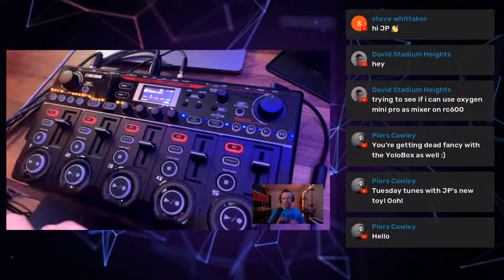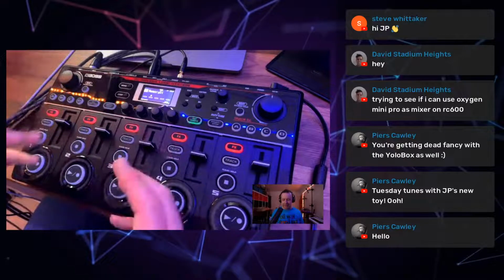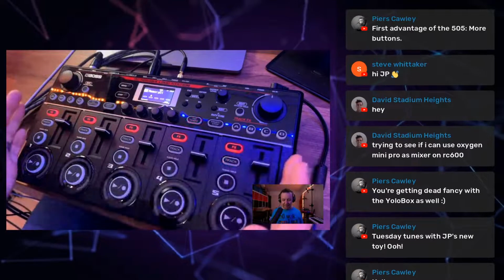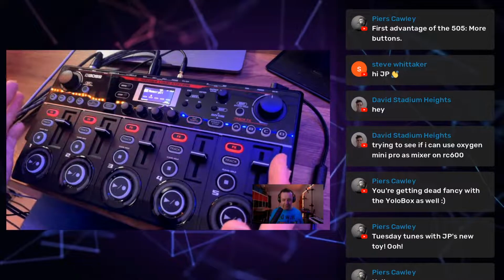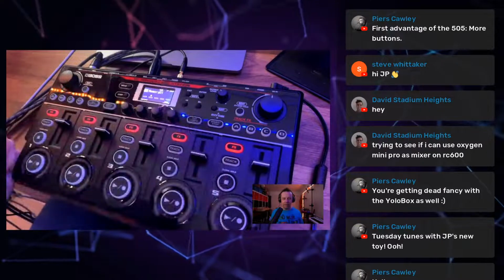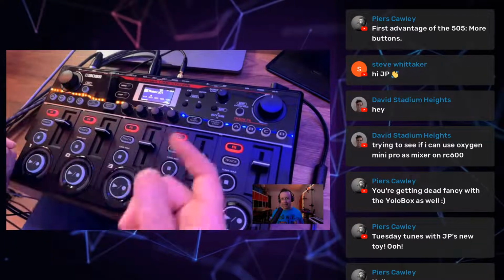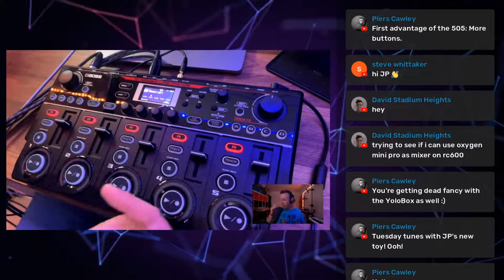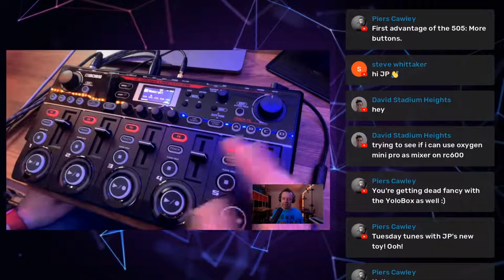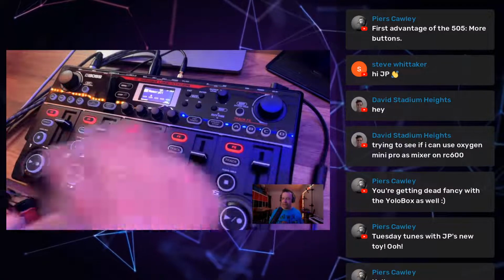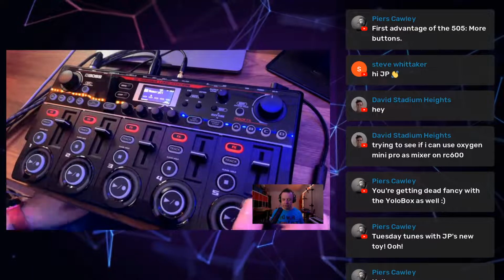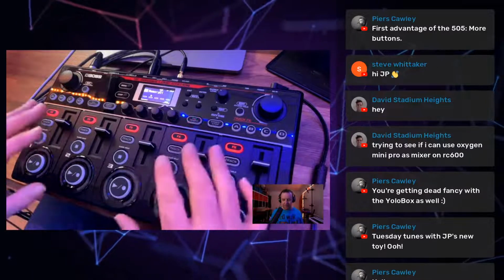First things out of the box, this is a 505, not a 606. So it's basically 5 tracks, and the 5 tracks, obviously, you've got right at your hands. You don't have to change modes like with the 606. You've got 3 and then 3 on the second mode. You can change that with the button so all 6 are in front of you. I've done a video on that about customization, and a video about single mode and putting them all on the same level, which you can do if you want to. The other thing, of course, which is the dead giveaway because you're using your hands, is